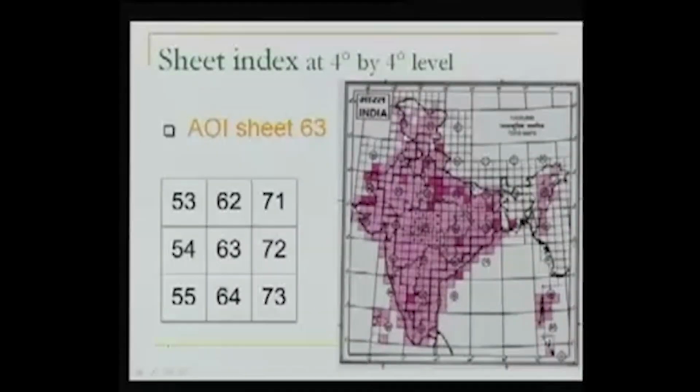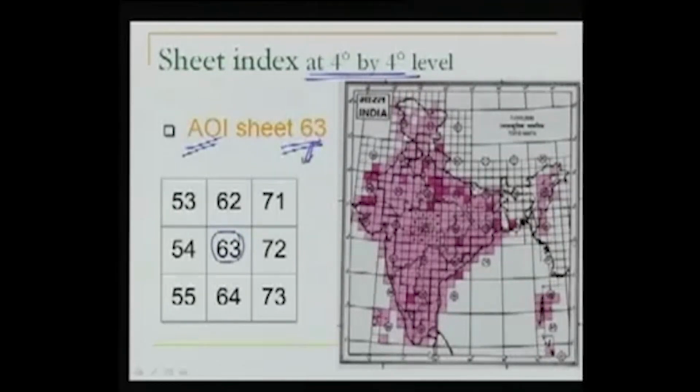Now here in this case, at a level of 4 degree by 4 degree, our area of interest, AOI, stands for area of interest. Our area of interest sheet number is 63. So what is the sheet index? To find the corresponding sheet index for this being in the center and the surrounding sheets, what are the sheet numbers over here? What we would do, we'll go back to